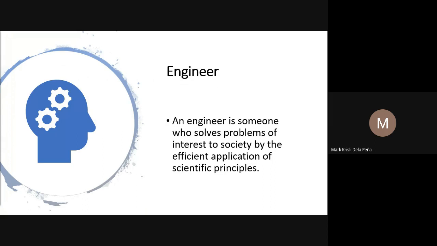An engineer is someone who solves problem of interest to society by the efficient application of scientific principles. So, they said that engineer comes from a word which is ingenieur, which means ingenious or a product of a genius. Now, the purpose or the goal of engineers is to create solutions to problems of society using science, discoveries, or technologies. So that is why